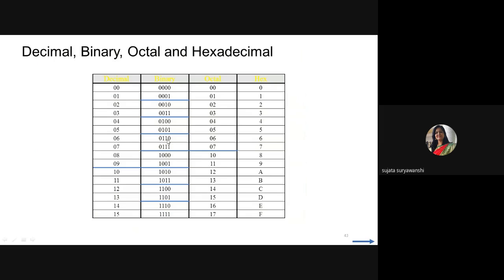Okay. So here you can see the comparative study of all the number systems: decimal, binary, octal, and hex number. In case of octal numbers, the valid symbols are only from 0 to 7. So till 7, the decimal numbers are the same as octal numbers. But after 7, how will you represent 8 in octal? You can simply write down 1, 0. Then 9 can be represented by 1, 1. Then 10 can be represented by 12. 11 can be represented by 13 like this. 15 can be represented by 17.